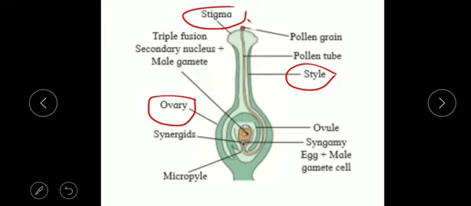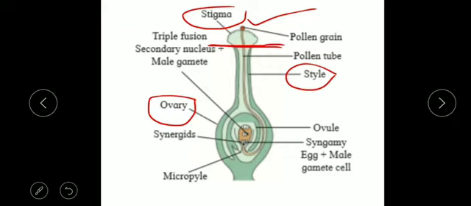So remember, the stigma is sticky in nature and is the terminal part which is receptive, or I can say it is the receiving part for pollen grains. It catches the pollen and also acts as a platform so that the pollen can land on it after the pollination process. So remember, whatever facilities are required to germinate the pollen grain are all provided by this stigma.